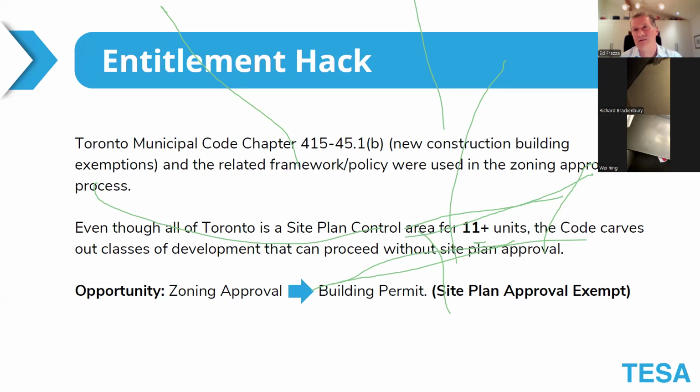However, this is one way that's recently developed that's been uncovered that allows people to circumvent that, in the sense that you're applying for it at the same time, and because it's an exemption, you're able to do it very, very cost effectively and quickly. So that's how we're able to get a 16-plex on a 50-foot lot.